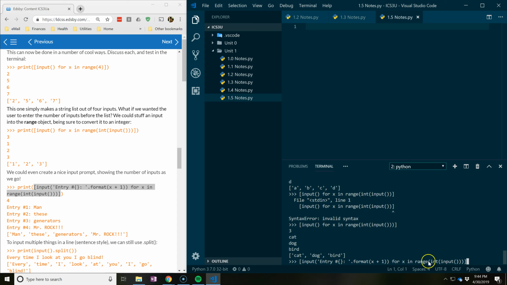So here's our little for loop, right? So for x in range int input. So we're going to type our number in first. That's going to say how many elements we're going to have in our list, essentially. And then for each of these x's, for each of these elements, we're going to use the input function with